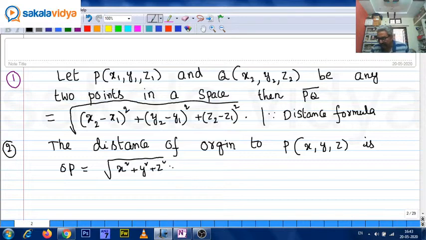Understood now? The distance from origin to any point in the space P(x, y, z) is OP, or OP bar, you can say no problem, OP equals root of x square plus y square plus z square. Okay, next now